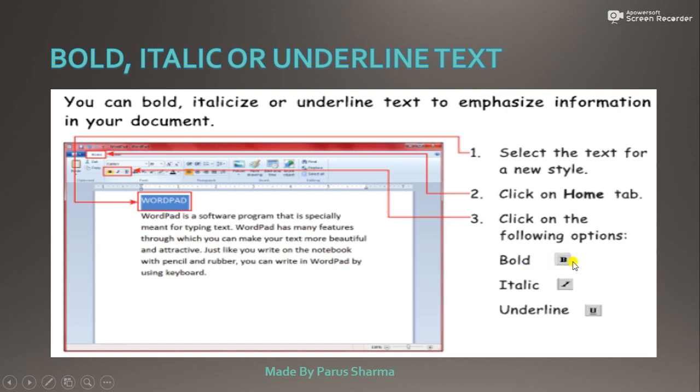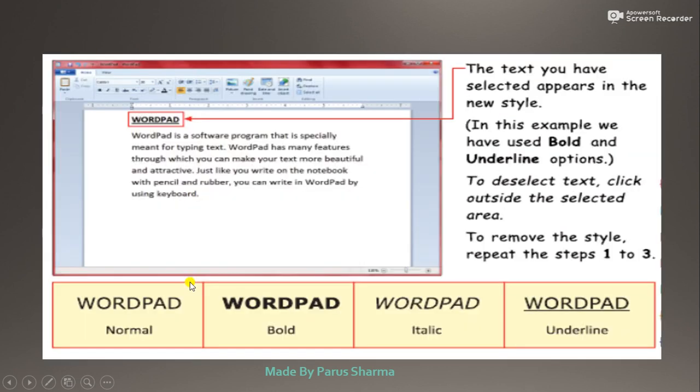The B button is bold, I means italic, and underline means you want to underline your word. These options are given in the Home tab in the font group. This example shows the bold option and underline option. Italic is not done here because the text is not tilted.